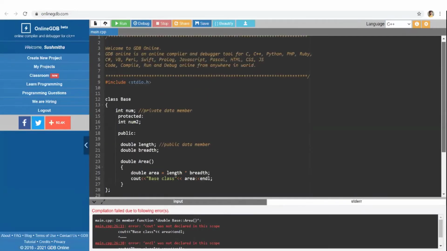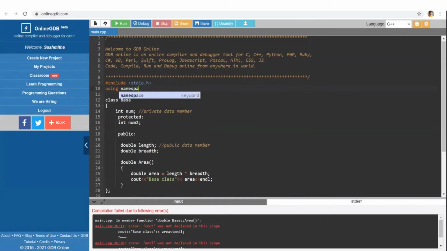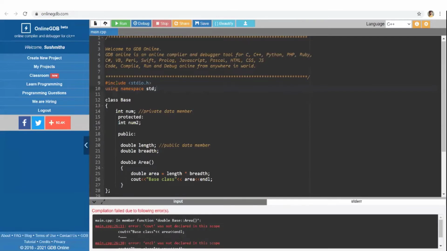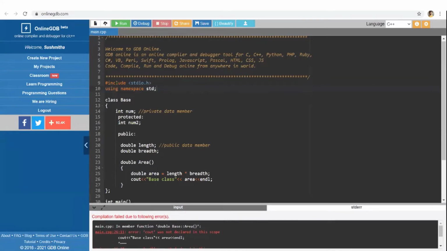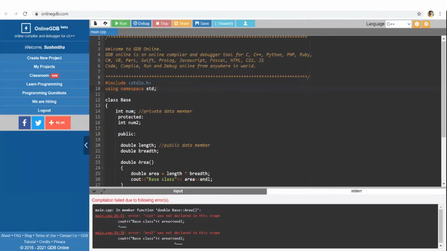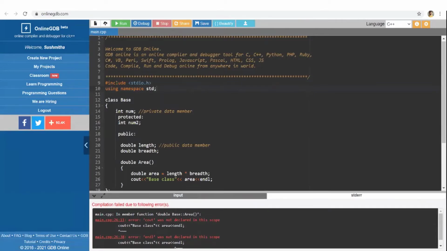Yeah, std space. It should work with the std namespace.